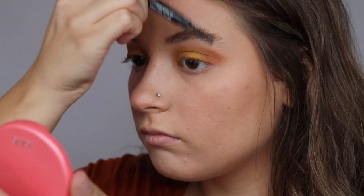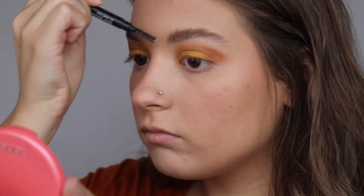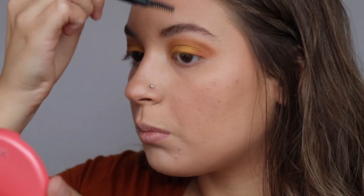Now we're done with Subculture. I'm going to touch up my brows real quick. I'm just going to take my little spoolie. You know what? I don't even think I'm going to fill in my brows at all today. Just going to comb these out, brush them across, comb out, brush it across, there, done,